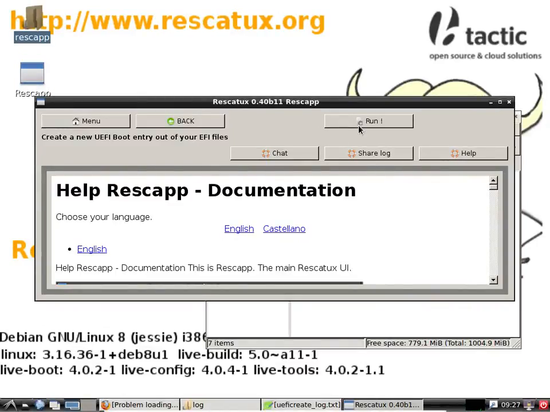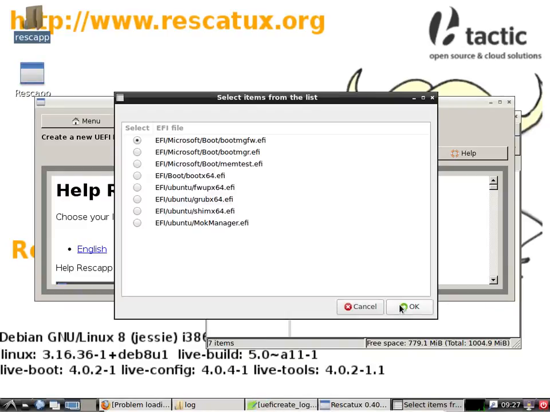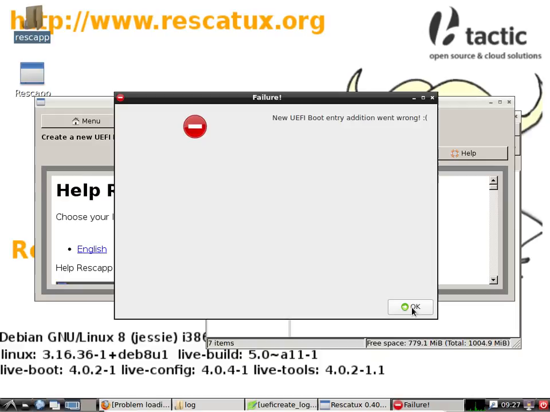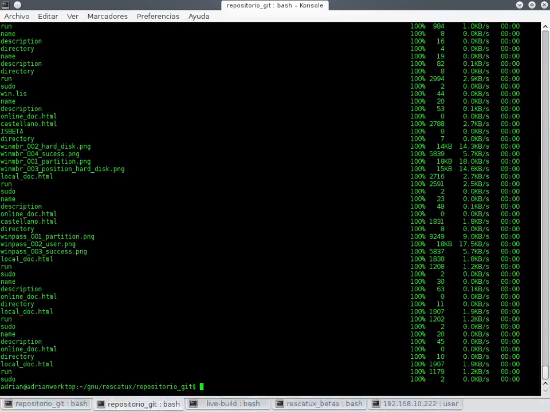So now if I run the UEFI system, okay, now it works. So now I can choose. I could have two additional columns with the directories and file names, but I think I can choose a memtest one, and that's it. So now we're going to check the log to see if the command that we want to